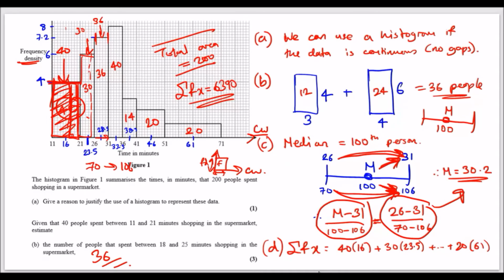Now, part D is the sum of fx, and this one gave me the most trouble. So x is defined as the midpoint. For every single interval, we need to find a midpoint. I would actually say putting this in the table is easier, but for the sake of not wasting too much time, I calculated the midpoint of each one. For example, between 11 and 21, the midpoint is 16. Between 21 and 26, we get 23.5, and so on. And now fx literally just means the frequency, the area of the block, times the midpoint, and we do it for each one, and then we sum them up, and we should get the total of